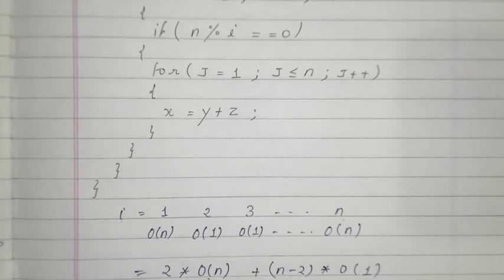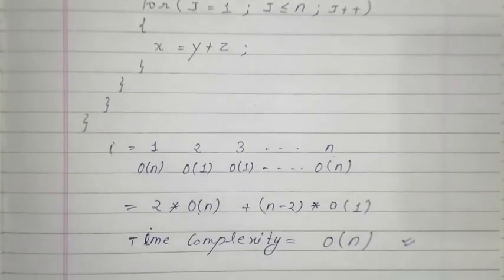So if anyone asks how to find the prime number, so a program is given, and what is the time taken to find the prime number, so it is order of n. Okay,